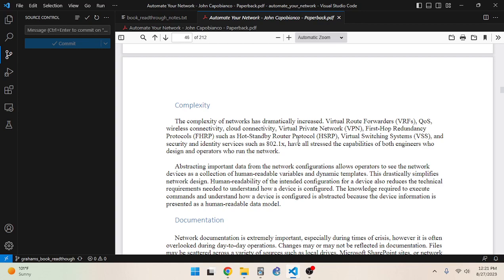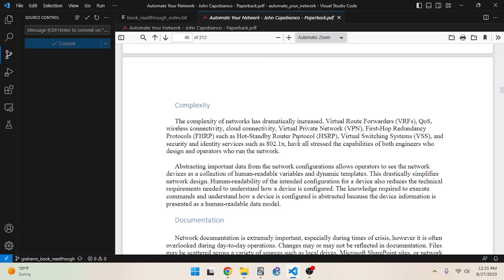So a first hop redundancy protocol is like VRRP. That's the open standard used by every device manufacturer. Then there's HSRP used by Cisco, and then GLBP, which is a more advanced Cisco first hop redundancy protocol. Okay, and it says that right there, such as hot standby routed protocol, HSRP. This is a Cisco book.